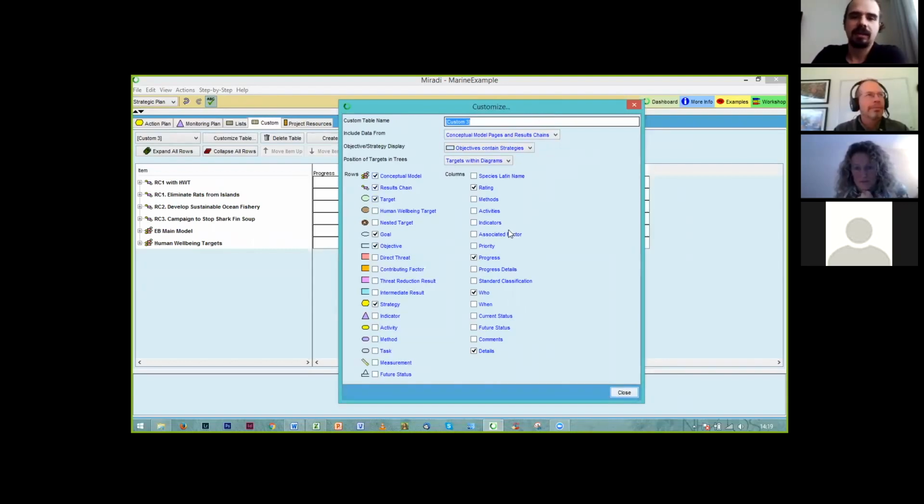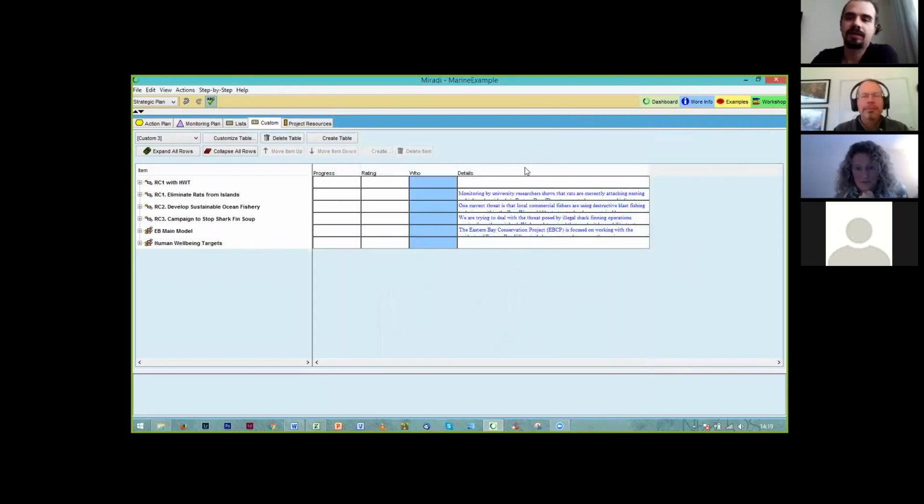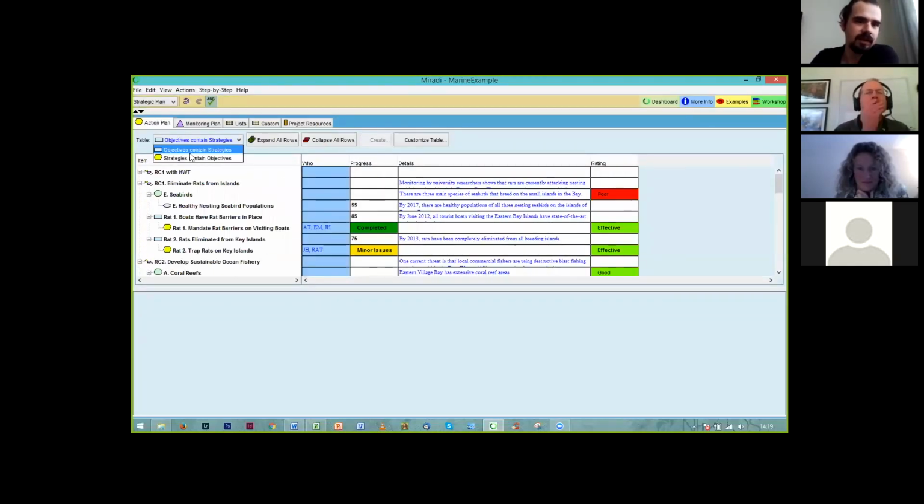So we could basically select or unselect any type of element that we have in Miradi in order to be shown on the left or the right hand side. Okay, and again, you can move these columns around in just about any manner you want. So this is the action plan, the two different types, as well as the customizing view. And then for the monitoring view,